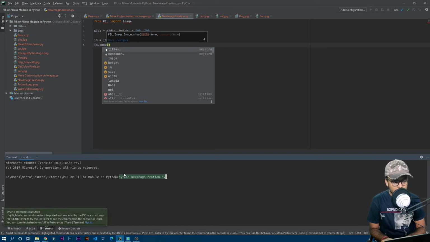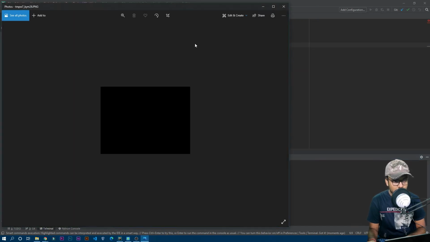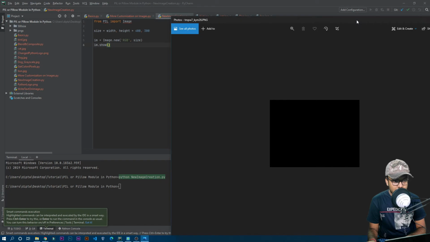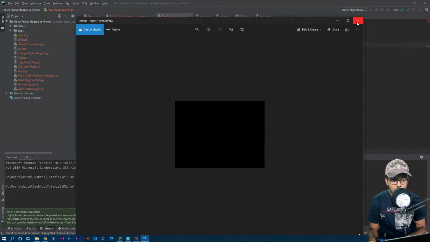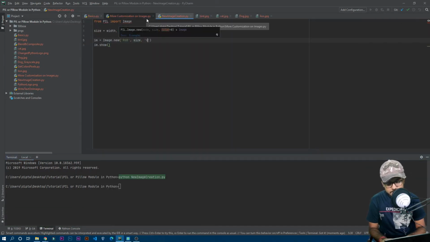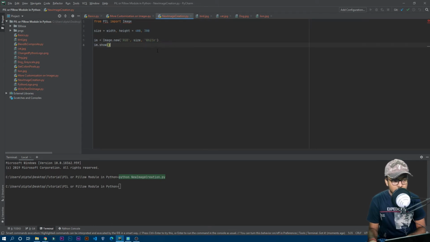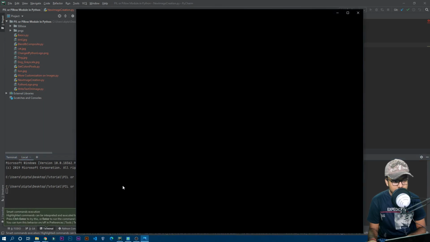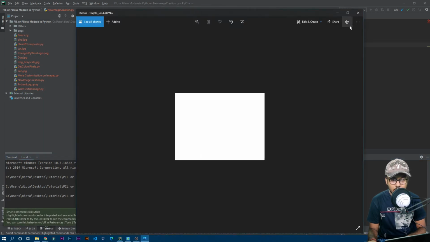You can see it opened a 400 by 300 image, and the default color is black. Now if I close this and write white over here, it will be white color. Running it again, you can see it is white.